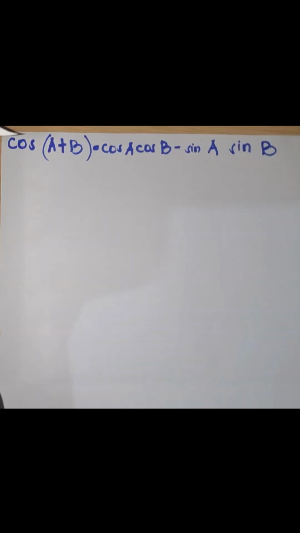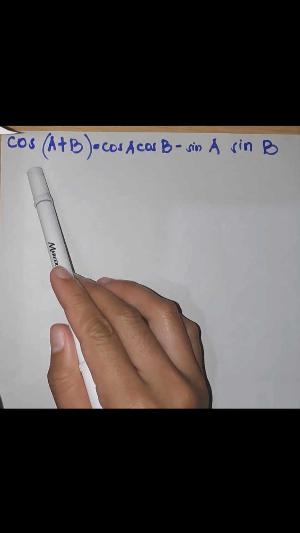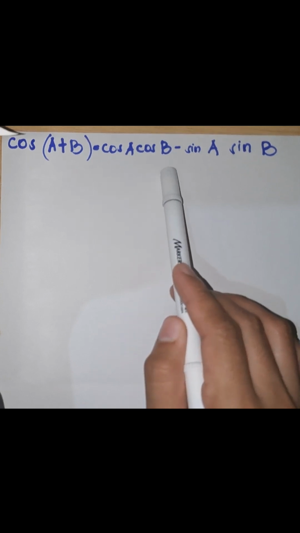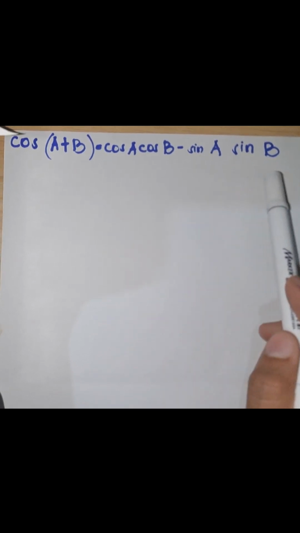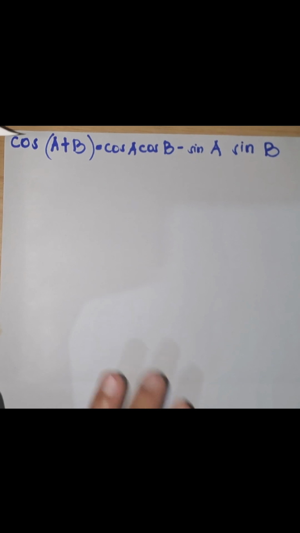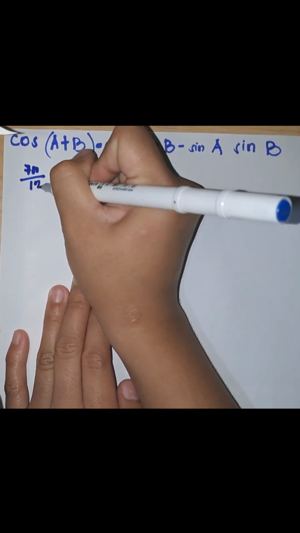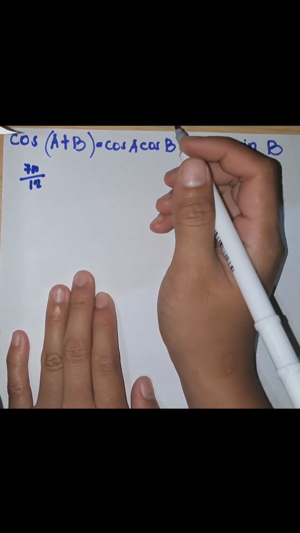For finding the sum of a cosine function, the formula is cosine(A plus B) equals cosine A cosine B minus sine A sine B. The sign here will change, but this is the sum formula of a cosine function. For example, if we're going to find the cosine of 7 pi over 12, to evaluate this function, the first